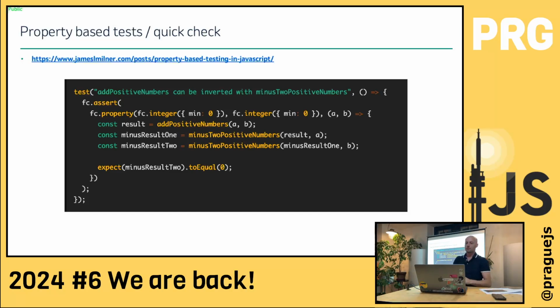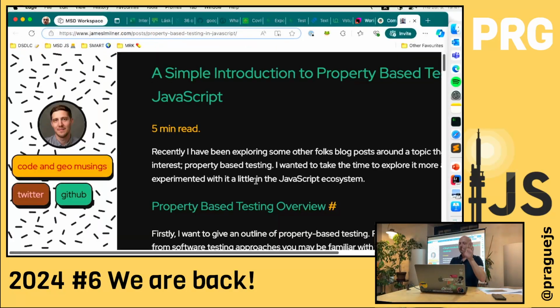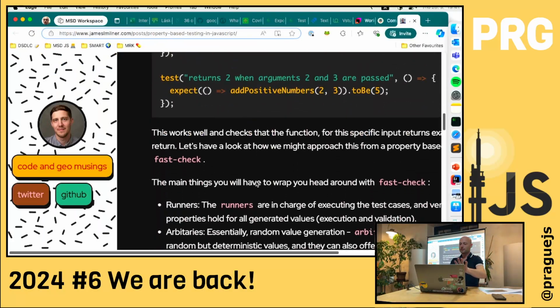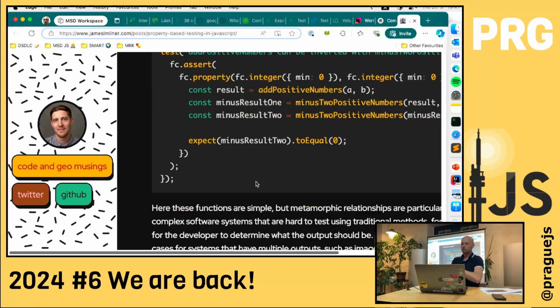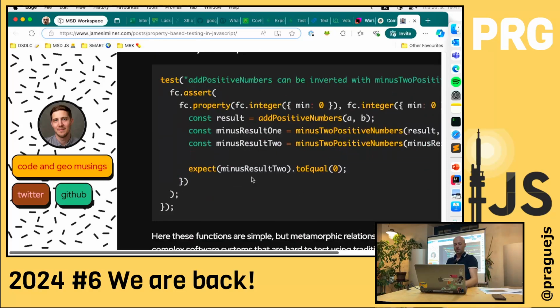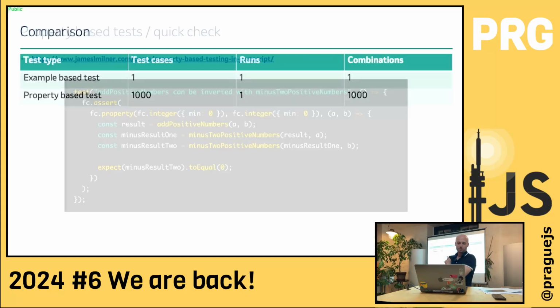It's nicely written in this blog post, which I will just briefly show you. This talk is not about this. It's written about what property-based example tests are, what I showed you, and the ultimate one with the scientific proof. Okay, so this is an extreme case and not very useful.